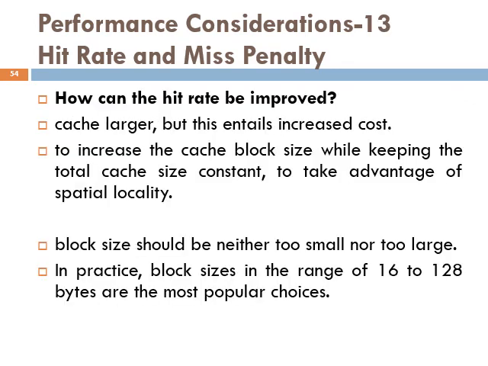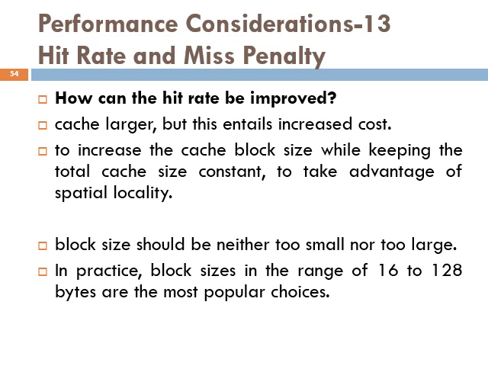How can the hit rate be improved? One possibility is to make the cache larger, but this increases the cost. Another possibility is to increase the cache block size while keeping the total cache size constant to take advantage of spatial locality. The high data rate achievable during block transfer is the main reason for this advantage, but large blocks